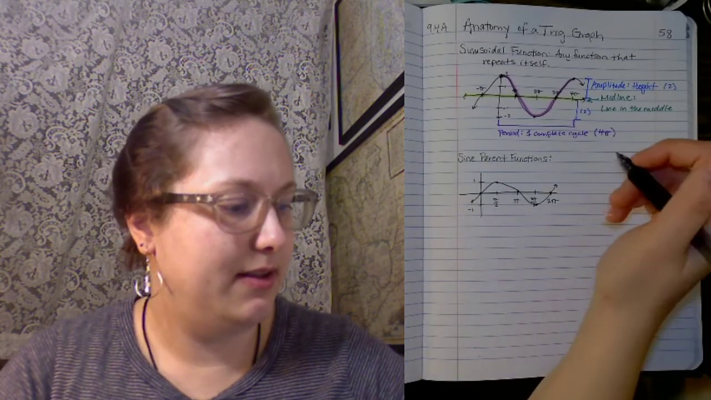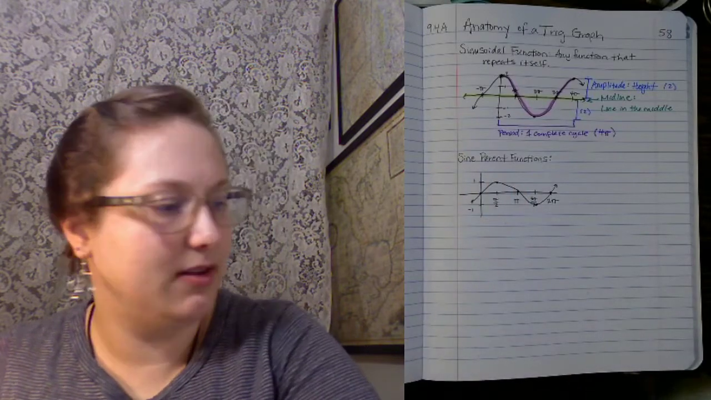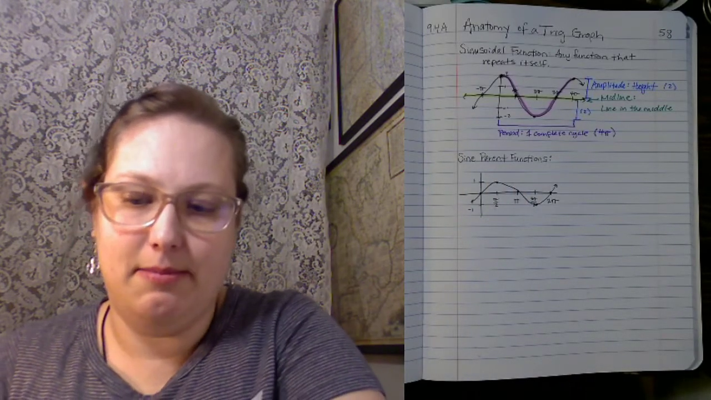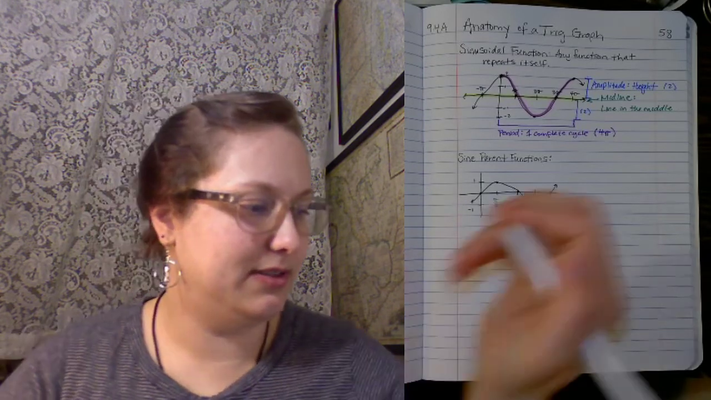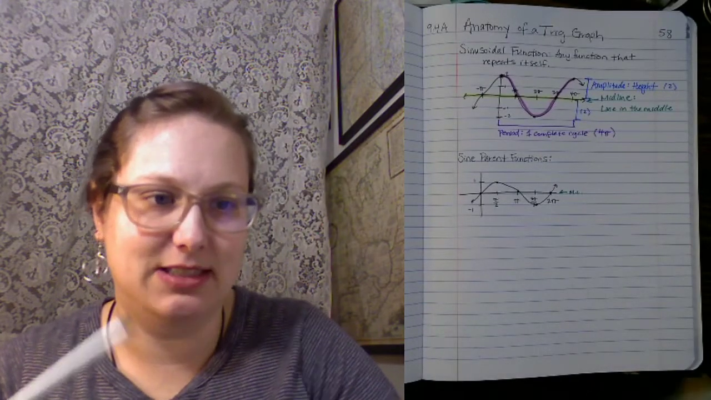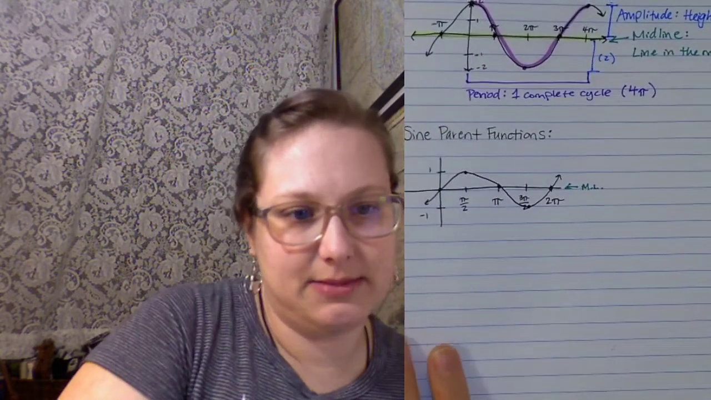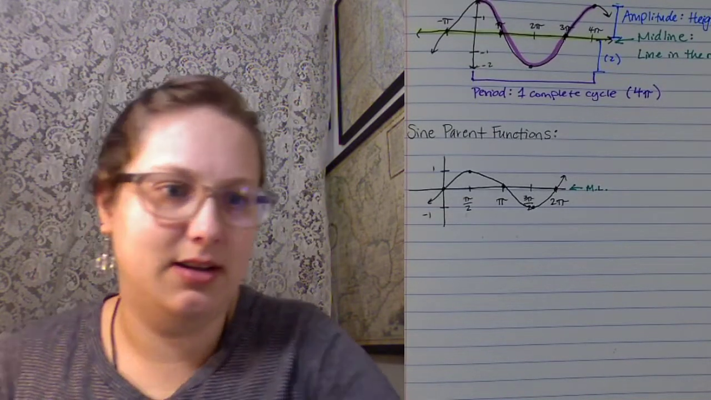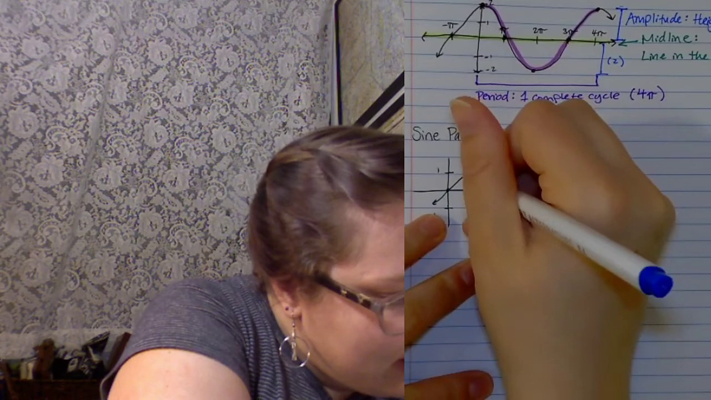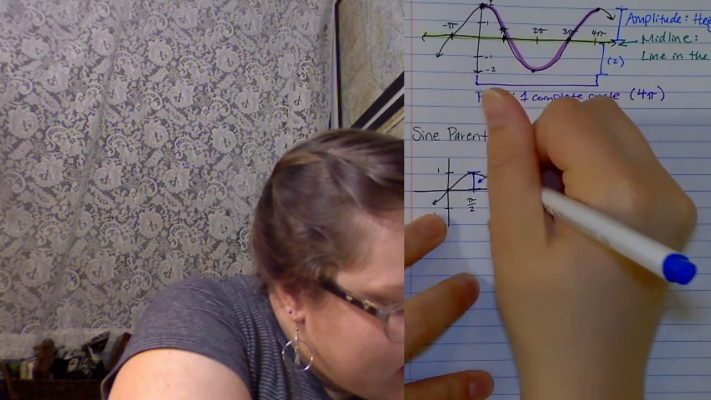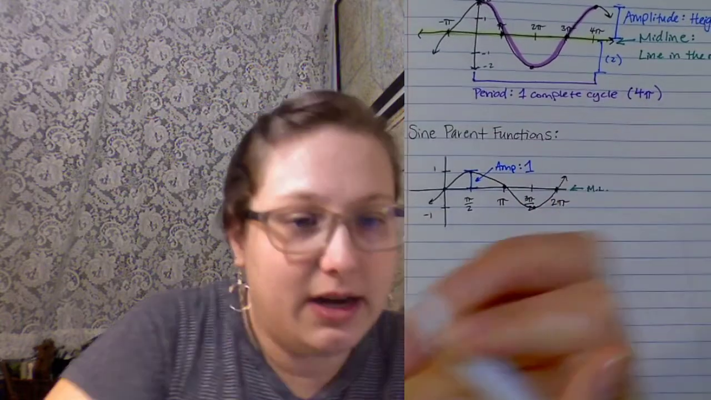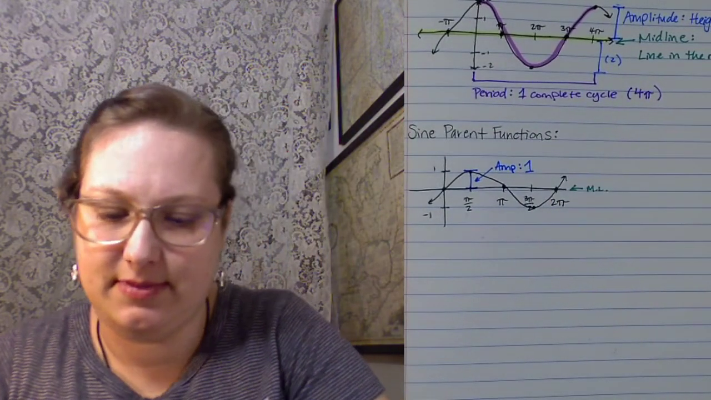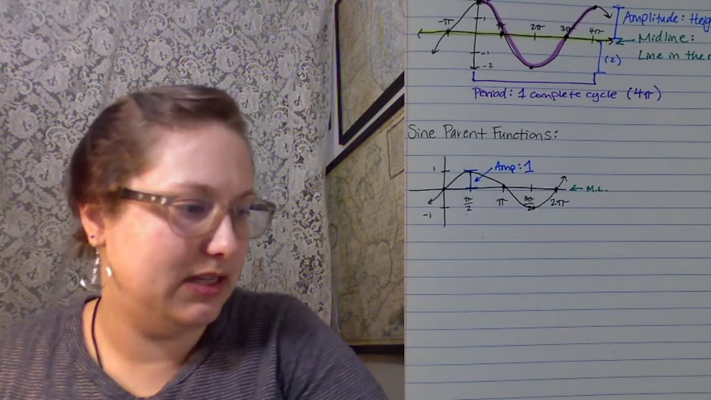So this is a basic sine function. Let's just talk about those parts again. My midline is at 0, right here. I'm going to call it ML, midline. It's really small, let me zoom in. My amplitude was blue, and it is 1 on the basic parent function. And my period length,